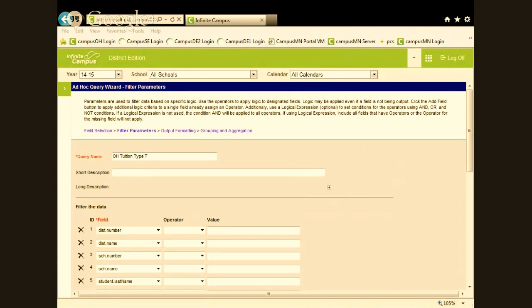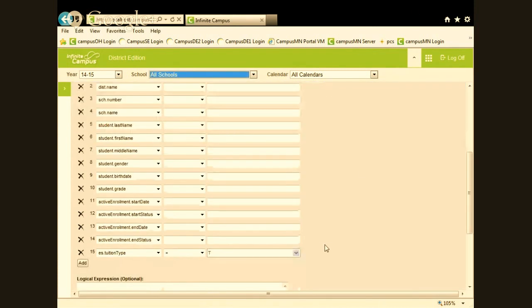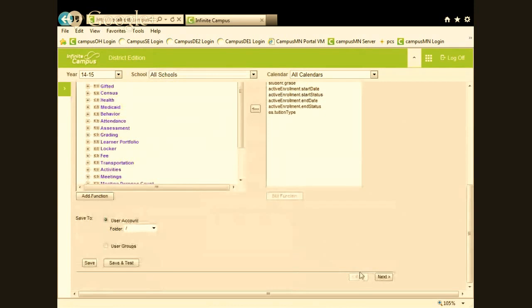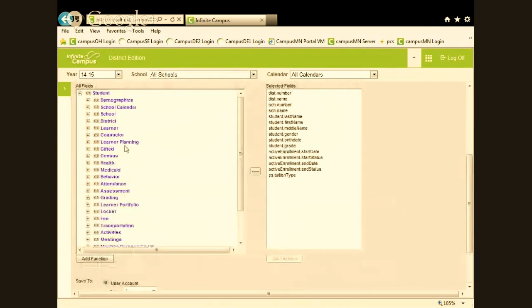So it depends on where you are pulling it from. If I'm a person that only has access to a single school, and I run and create queries, it's from my school only. People who have access to all schools can still run a report by individual building, or you can run it at the all schools level, and your results are going to be very different. So we have all of the Ohio data elements in the ad hoc reporting tools that will give you the ability to pull it out in a variety of ways. And that's located in the learner area, active and state localization elements.